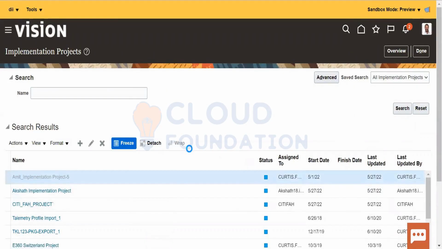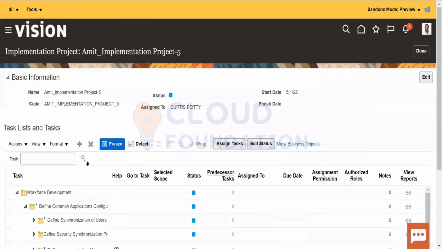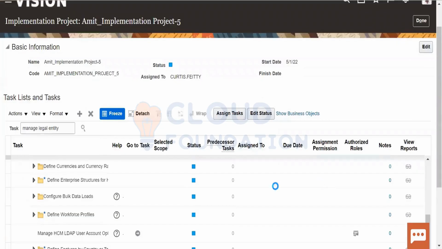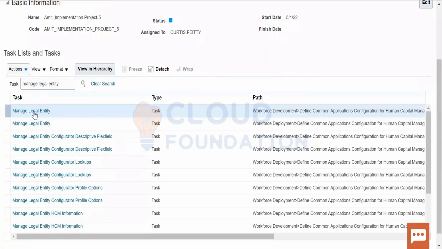Go to your implementation project right here, manage legal entity. Whenever you want to start anything, you go to this. Go to manage legal entity. Okay, select.